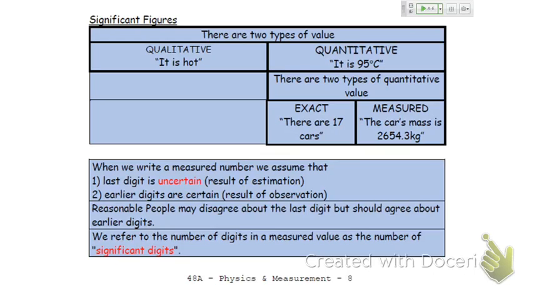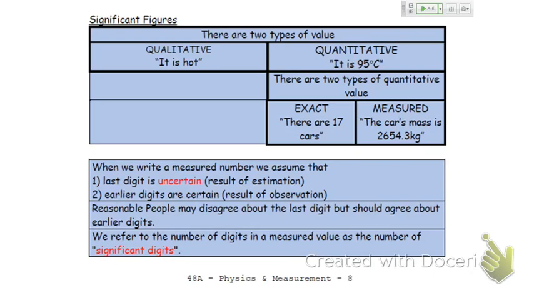And then we have what we call measured, and the measured value is how far is it to that lamppost? And the answer is it depends on what you give me to measure with, to be honest. If you give me a really crude measuring tape, I'll get you a really crude answer. If you get me a laser-guided interferometer, I'll give you it's within a few angstroms. I'm going to write down the numbers completely differently. So we have exact measurements and we have measured measurements. And the trick is,